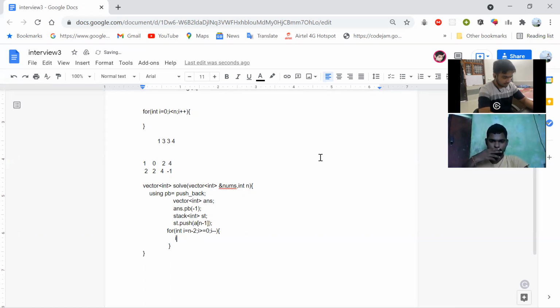Now I can remove this if condition. What I am doing from here is, I need to find a greater element from the stack.